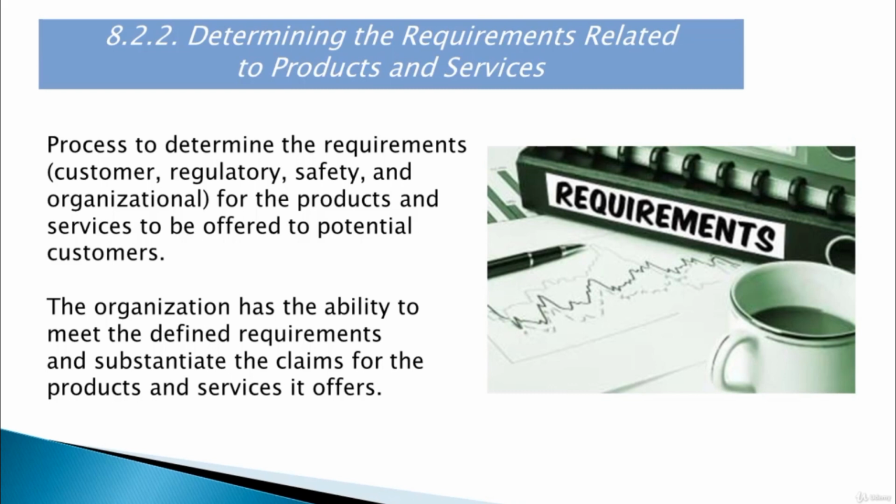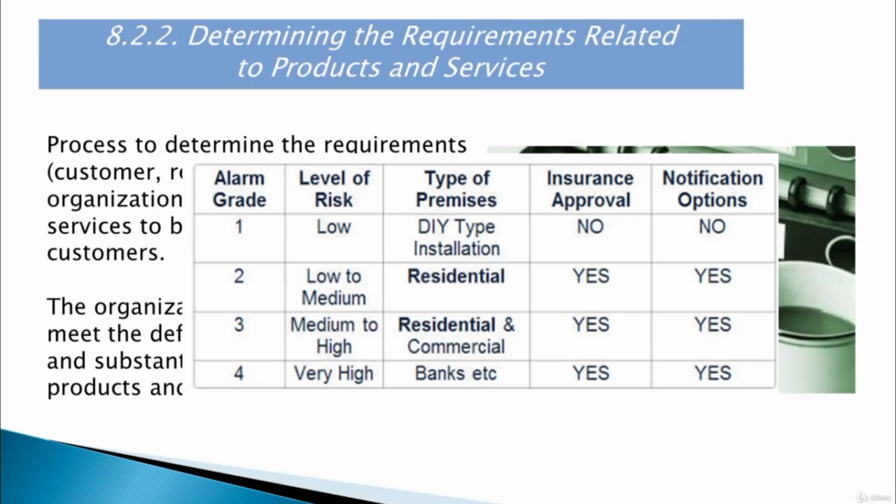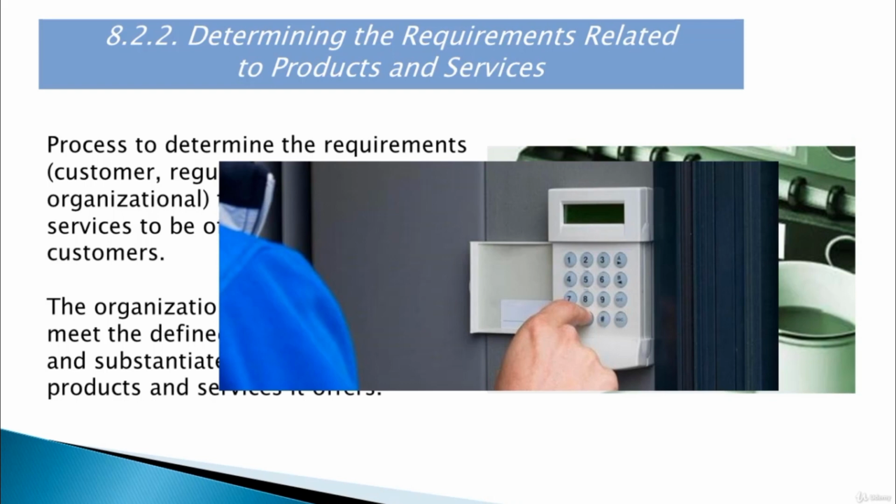So the organization needs to be clear about what is required in order to sell their products and services, and must be able to deliver what it's selling. Let's take the example of an organization or maybe a customer who wants to install an intruder system or an alarm system. First, the organization needs to understand the requirement from the customer. In other words, what type of system they desire, or maybe which grade they want. The organization could also run a test to prove the claims of the products and